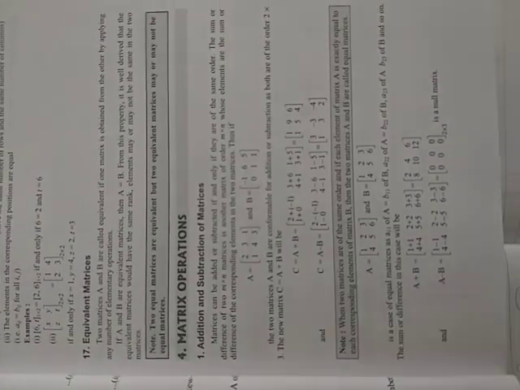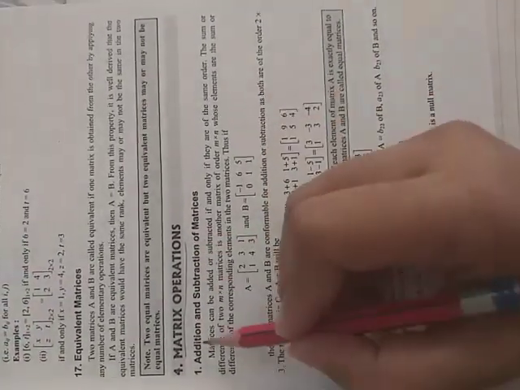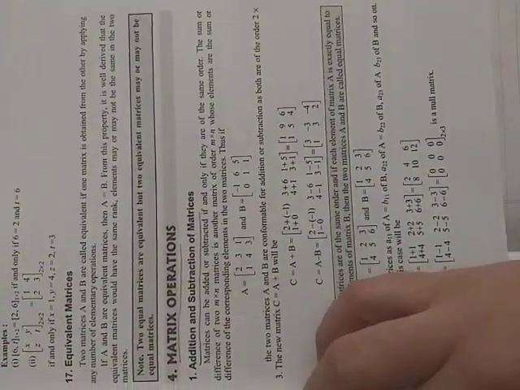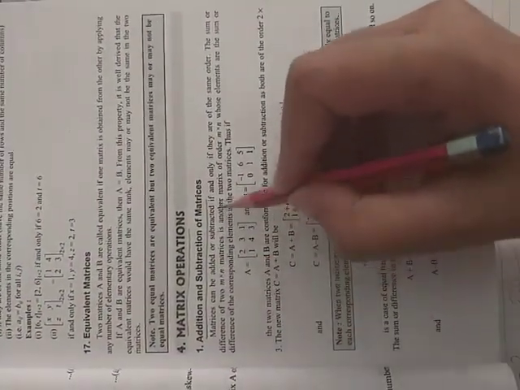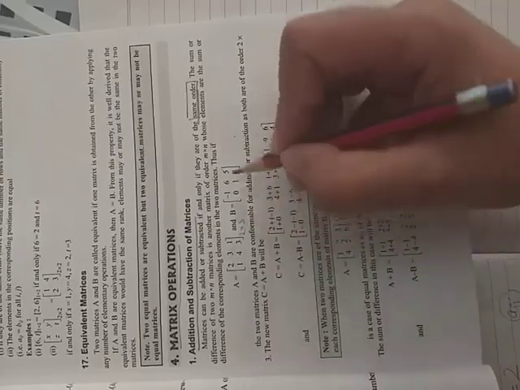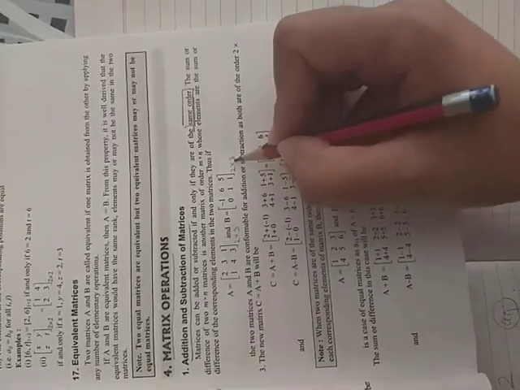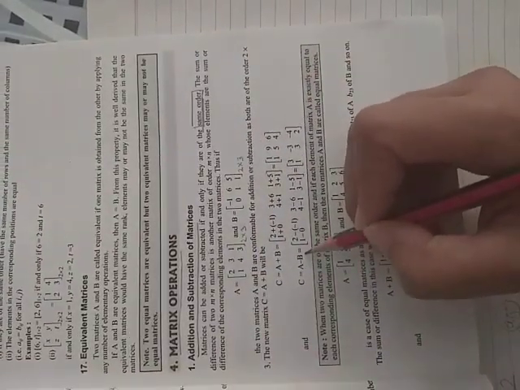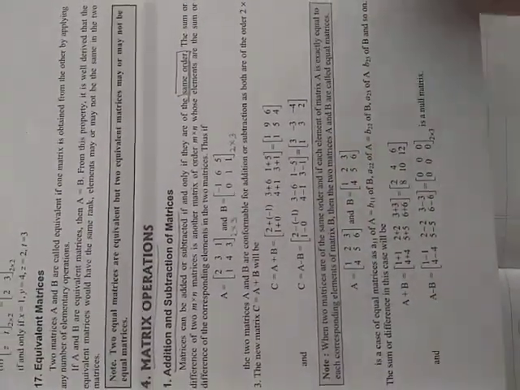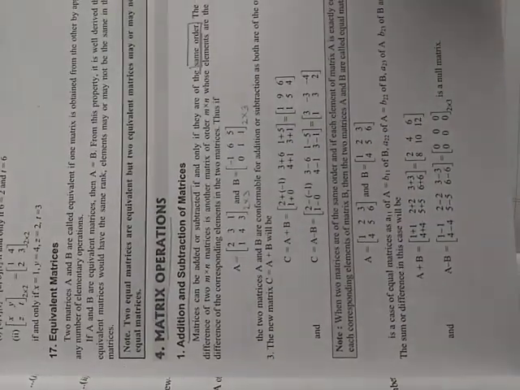Now what the transpose of a matrix is, we will do later. Before going to the transpose, first I want to discuss matrix operations, that is addition and subtraction of matrices. I am doing this because it is a very easy concept. Matrices can be added or subtracted if and only if they are of the same order. Very important. So if we have a matrix of order 2 rows and 3 columns, and another matrix of order 2 rows and 3 columns, they are of the same order, so they can be added as well as subtracted. Addition and subtraction is very easy. Corresponding elements are added or subtracted.